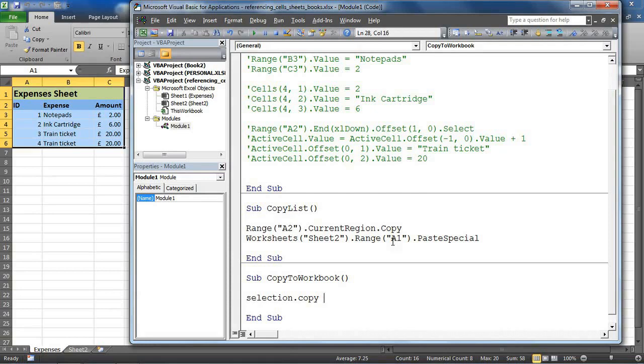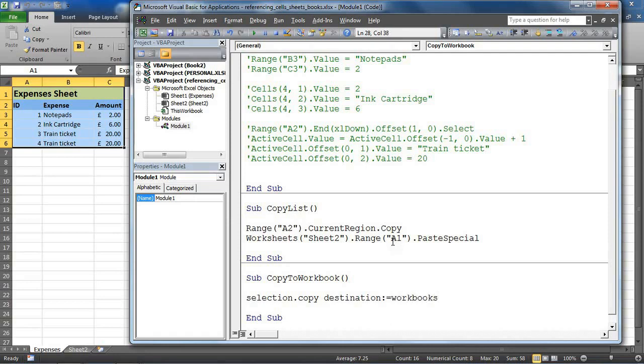So I'm going to put a space and write one of the arguments that you get with the Copy method, which is to specify a Destination. And as we saw in the previous video, if I'm writing the name of the argument, I have to put colon equals and then answer it. And I want to answer it by referencing the other workbook, a sheet on it and a cell. So I'm going to write